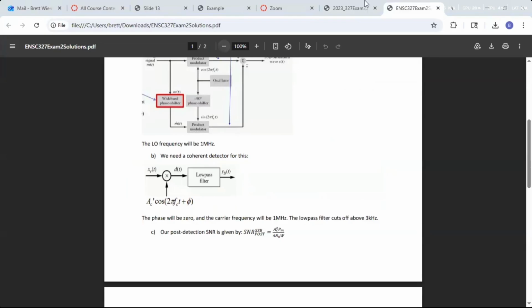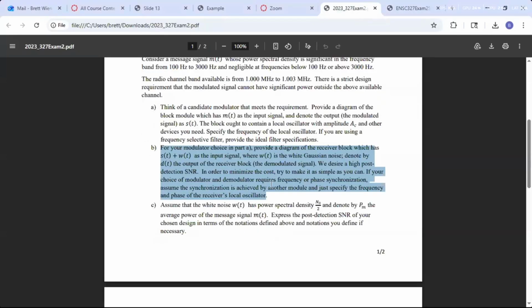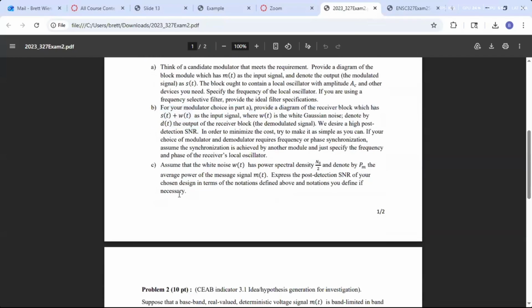Okay, so that's part B, right? So it's just drawing the diagram and specifications for the demodulator. For part C, it gets a little bit more mathematical, I suppose. So assume that white noise has this power spectral density N0 over 2, and denote by PM the average power of the message signal. Okay. Express the post-detection SNR of your chosen design in terms of the notation defined above and the notations you